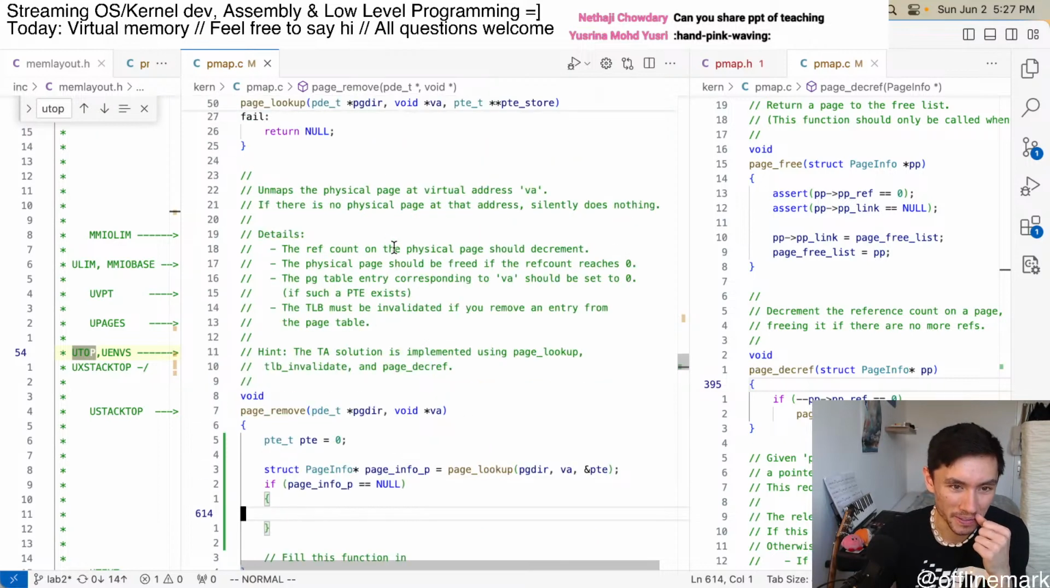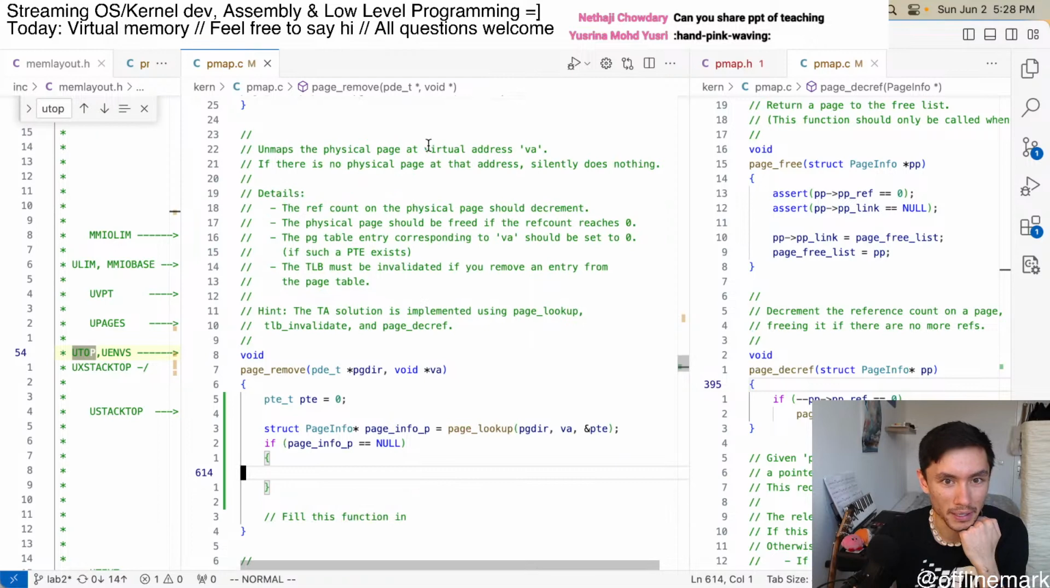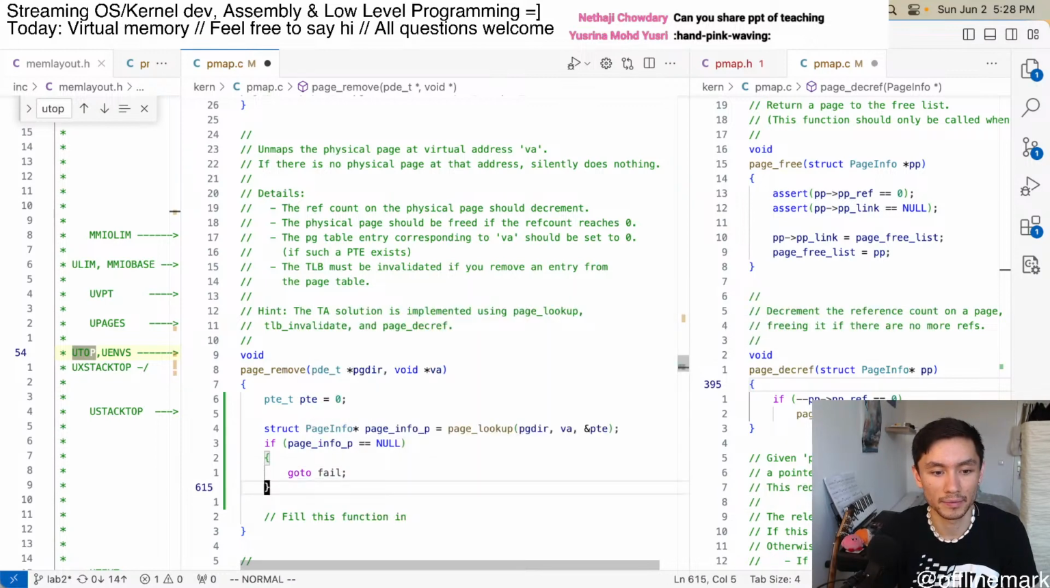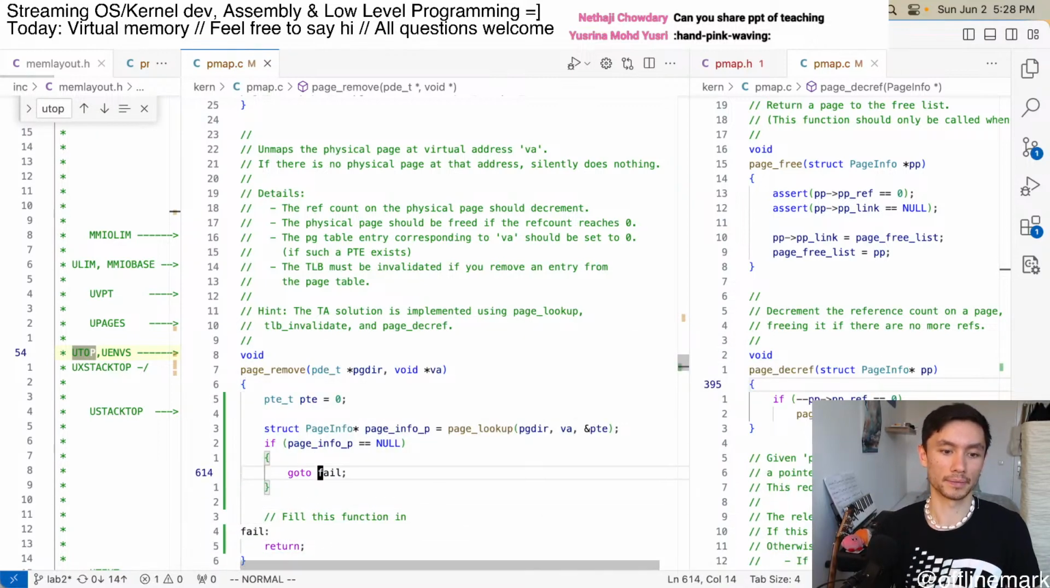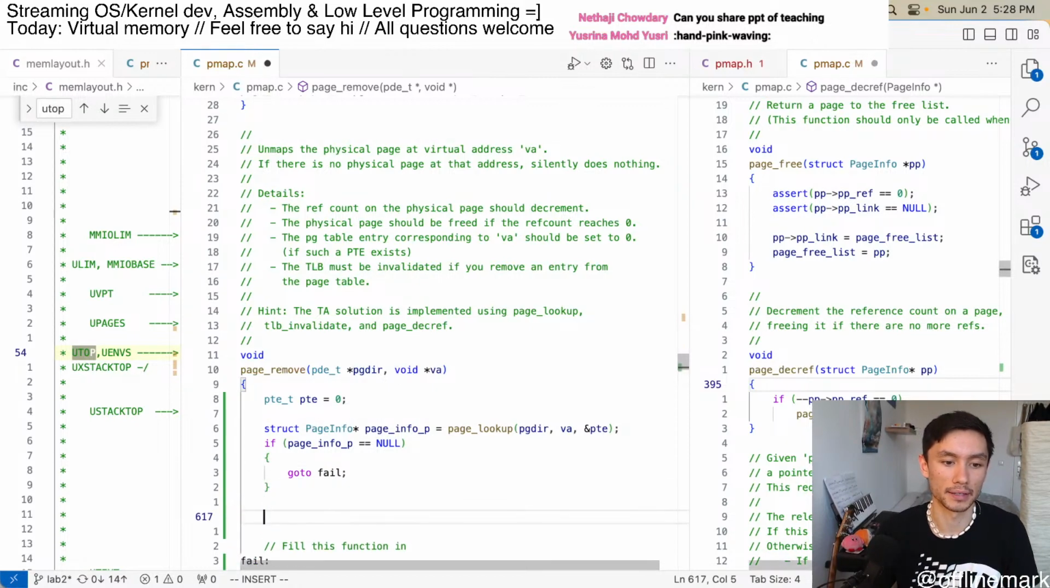But what am I trying to do again? Unmaps the physical page, blah, blah, blah. If there's no physical page, do nothing. So if there's no physical page, go to fail. Okay. Otherwise,